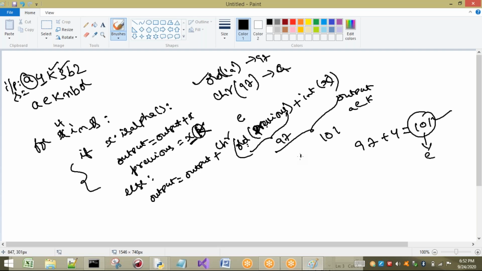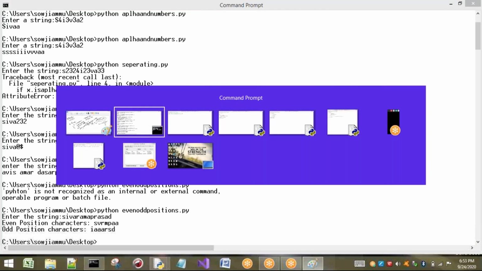One value is going to be generated, and chr of that value will give the alphabet. That alphabet is N, so N will be printed here. Next, B will be given here. After that, it will come here, and D will be concatenated. So just a small logic. If you analyze the given problem, we can easily write the solution. A small logic here.